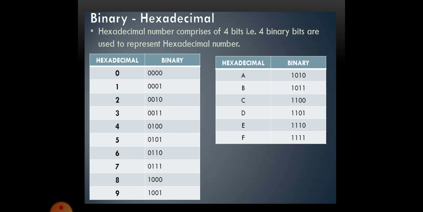So if you studied octal, it will be easy for hexadecimal till 7. Then 8 onwards you need to study. 8 will be 1000, then 9 is 1001, A is 1010, B is 1011, like that till F. You need to study these. So if you studied all these things, the conversion becomes easy.